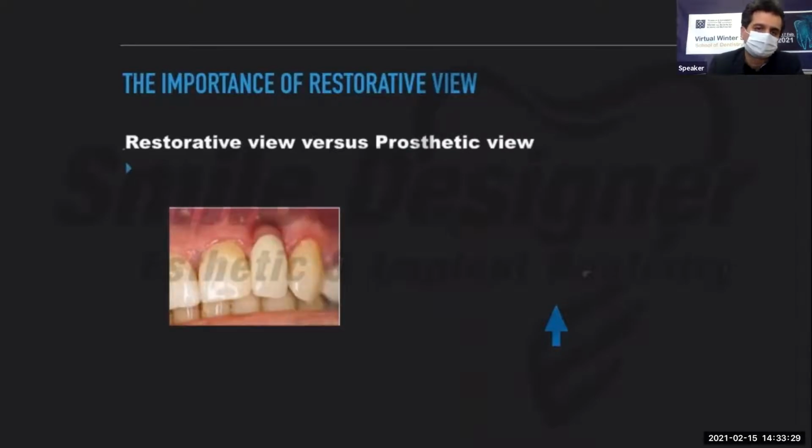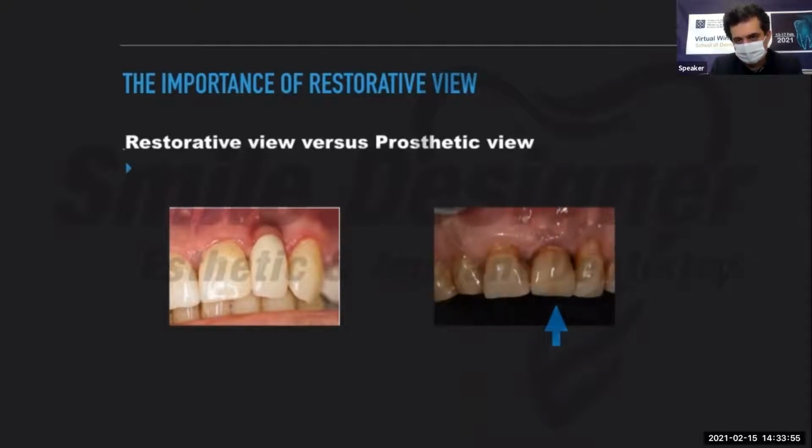We should restore healthy bone, healthy soft tissue, and tooth. In this photo, we have reached the mechanics and function, and even if the patient is low-smile-line, maybe we have reached aesthetics. But the soft tissue around the implant is not healthy, and the color and texture of the gingiva is not well favored. But in the next photo, you can see an implant with healthy gingiva, which is the result of